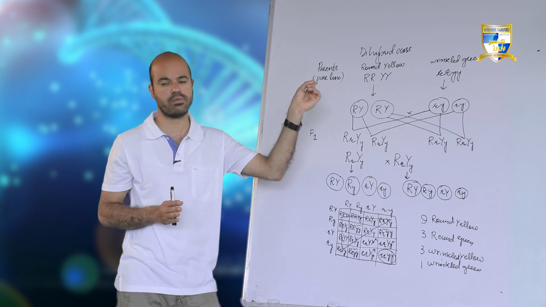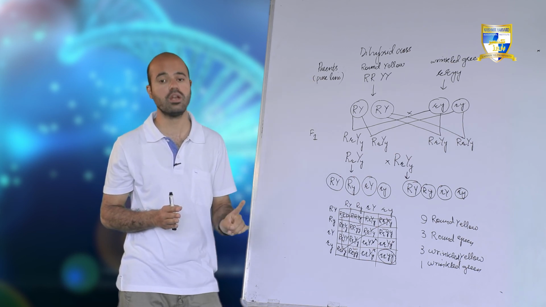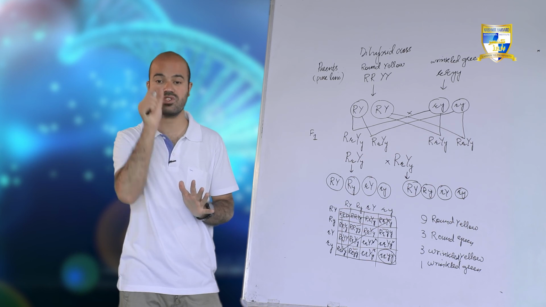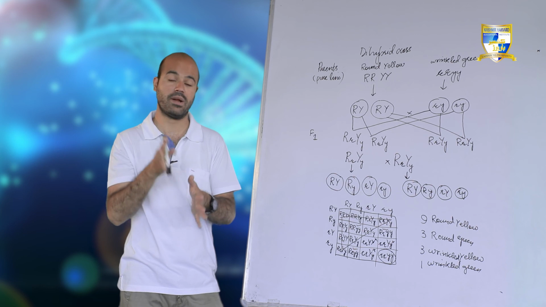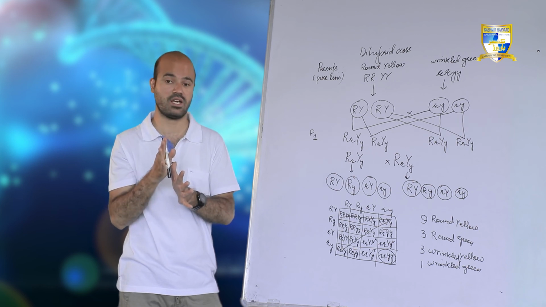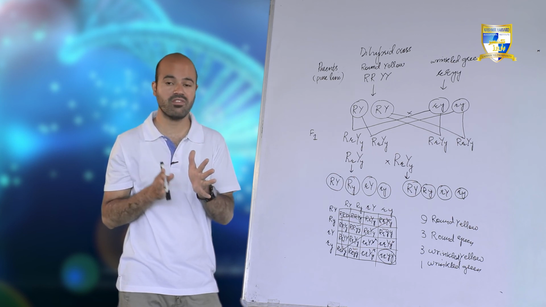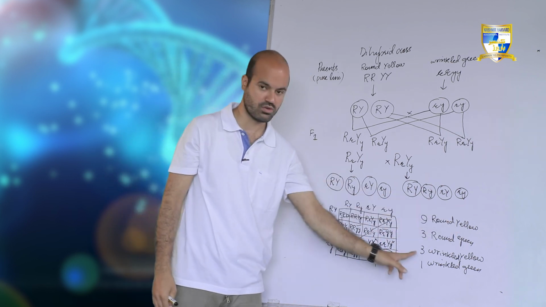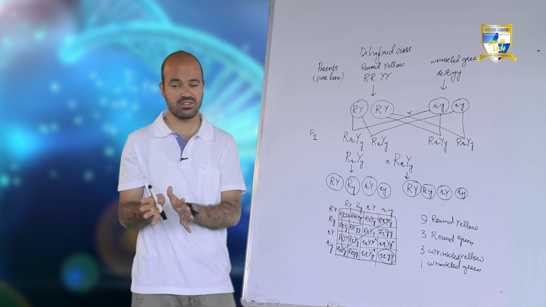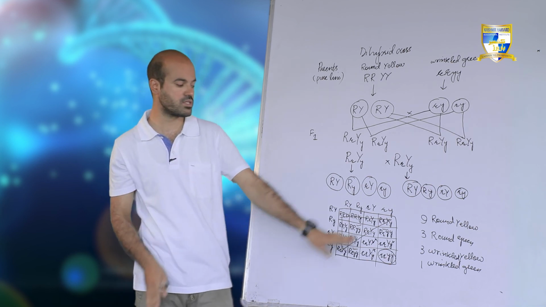In case of monohybrid cross, what was there? Simply the phenotypic ratio was 3:1, 3 tall plants and 1 dwarf plant. But I told you that time that the number will vary but the ratio will be the same. The same applies to dihybrid cross. If you are taking 1000 plants, you will see the ratio will be in the same form,